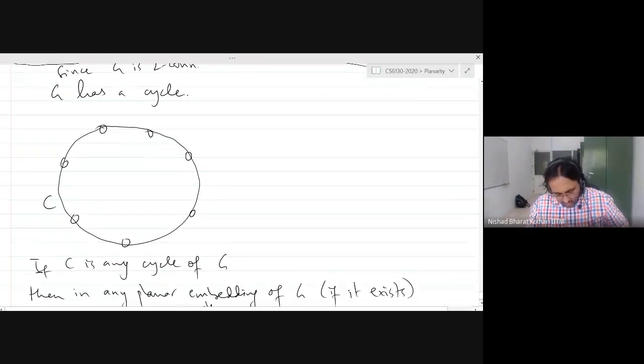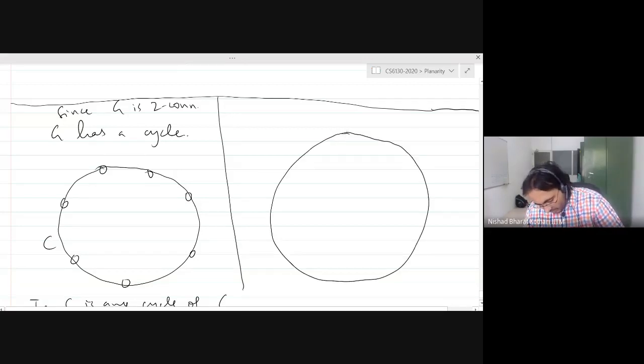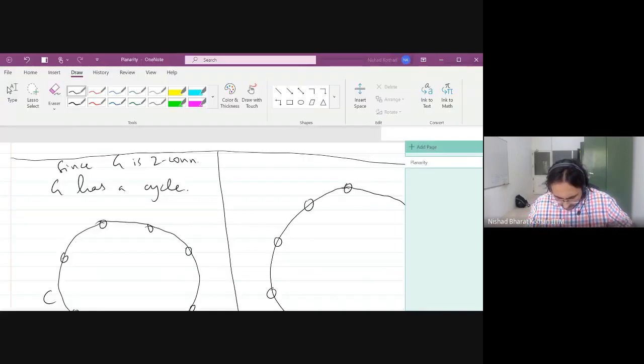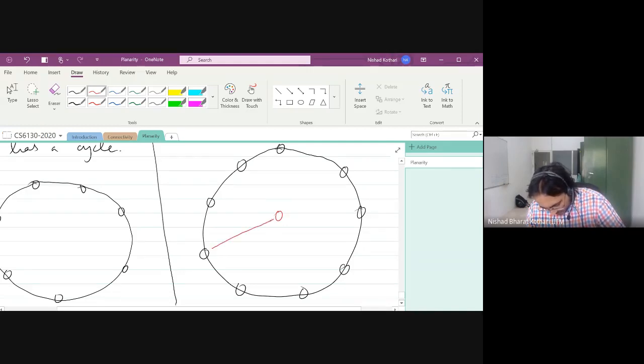Okay, so now I want to do a quick example. I'm going to make a drawing of the Peterson graph. Here is a drawing of the Peterson graph, one of my favorite graphs. Well, one of every graph theorist's favorite graphs. This is a 9 cycle, is that correct? I'm going to make a drawing of the Peterson graph to explain the next concept that we are going to discuss. And I'm going to use a bunch of colors to make it intuitive.